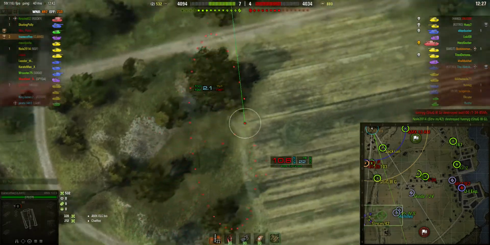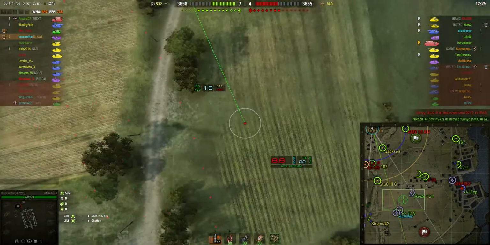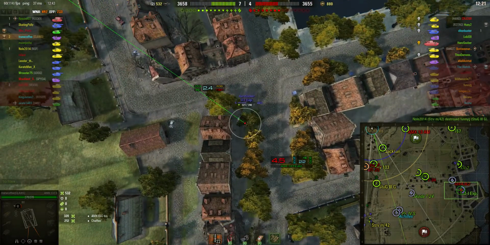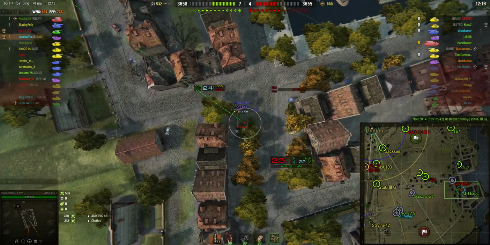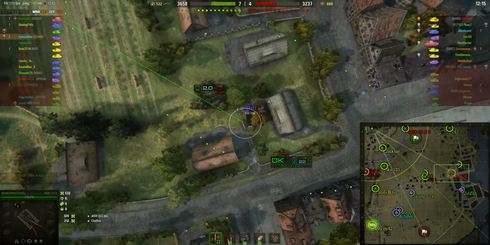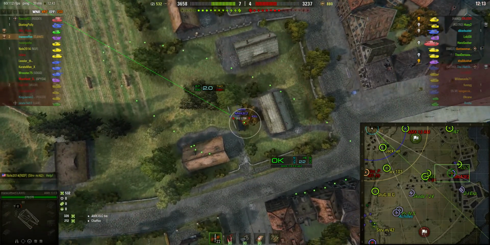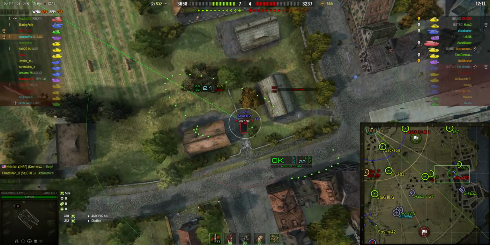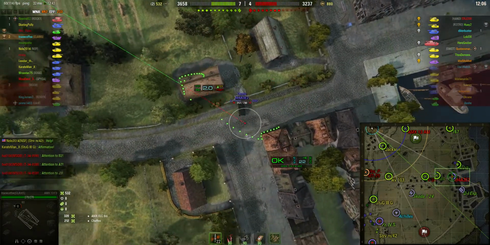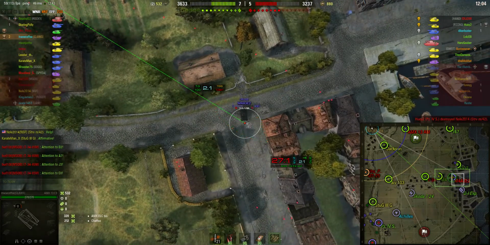Indeed, actually, it's got the same sort of power as the M44, except, of course, the M44 has got a much better reload of about 16 seconds, whereas the AMX has a reload of 27 seconds. That's quite a big difference. That means the M44 will pump out 4 shots a minute, near enough, whilst the AMX will only pump out